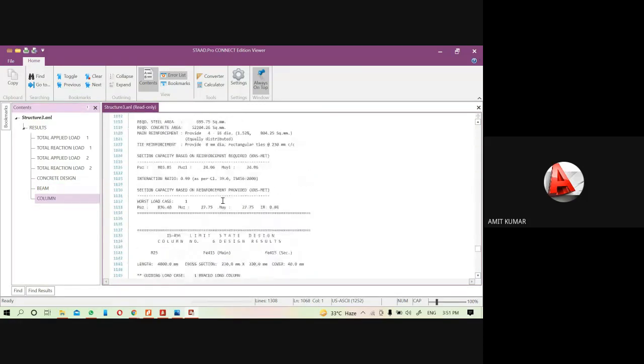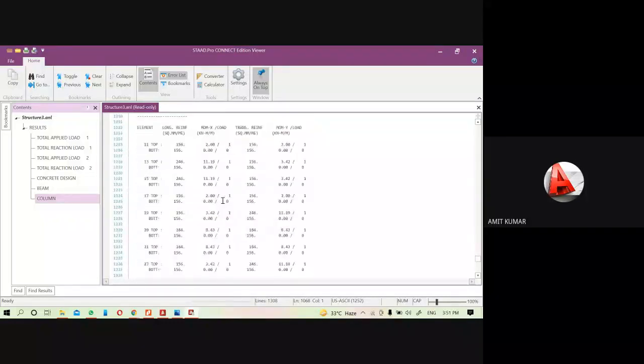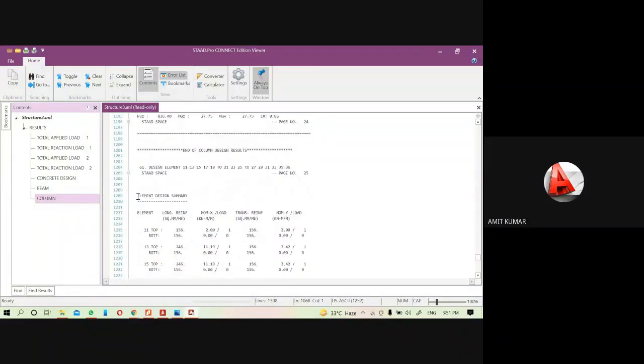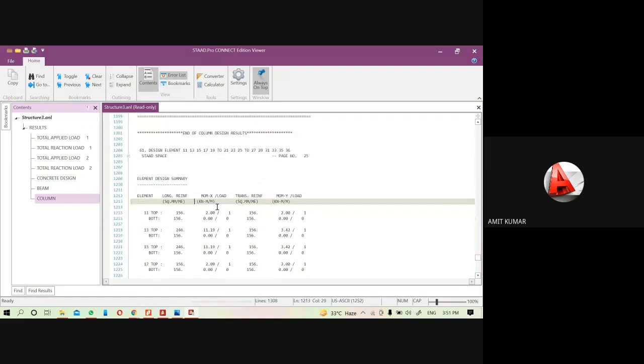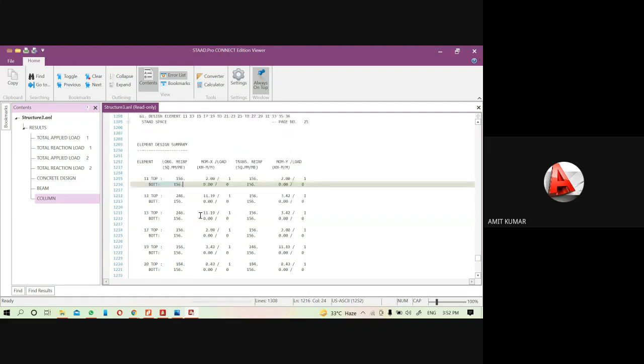Now just below the column, here is the element design summary. Element assembly means the details of the plate, but here you will get only the area of the reinforcement at the top and bottom. At a different spacing you have a different amount.